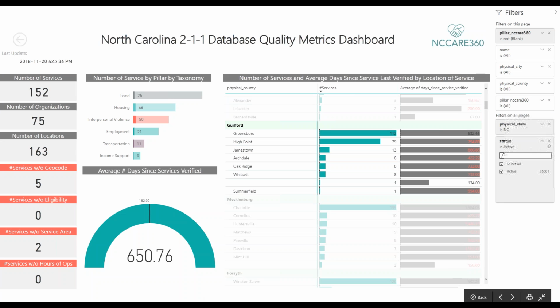Regardless of what page we're on, there are only 3 pages in this report, whether you're on the dashboard, the services location, or the map page, the filter default values are, and there's only 2 of them, that the physical state in which a service is located is filtered on